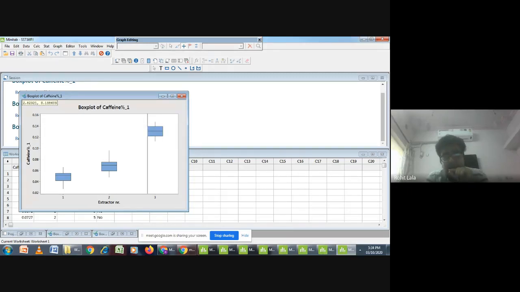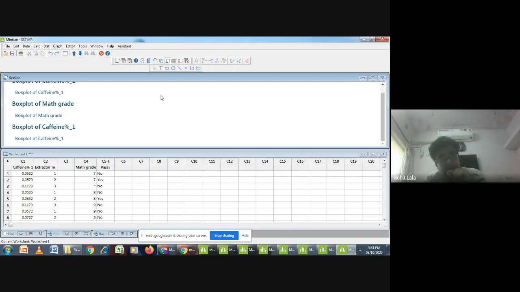So that was the basic way you can compare the box plot. You can even compare the mean by just clicking on the center of a box plot. Now the concept has changed. Now see, pass or fail depends on a grade. So now the case has inversed.